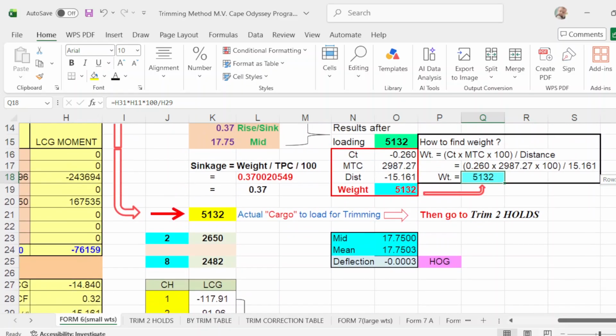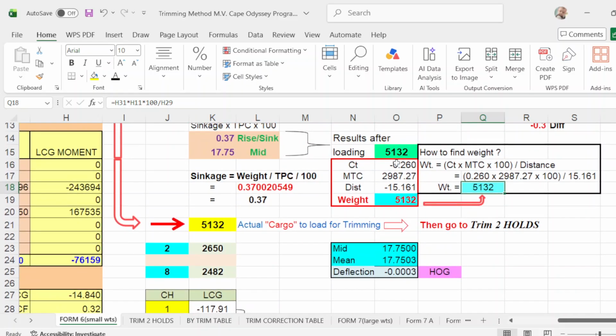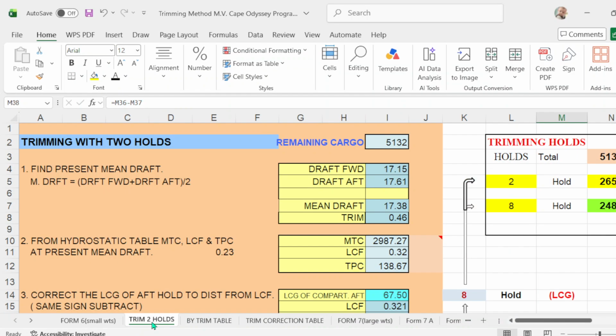Then what happens, after you load 5132, this will be our actual cargo to load for trimming, then go to trim holds 2. You go to trim holds 2, take note of the cargo, trim with 2 holds, cargo is 5132, this is the initial drop, mean drop, trim, MTC, LCF, and TPC. The trimming hold is 2, okay? But take note,